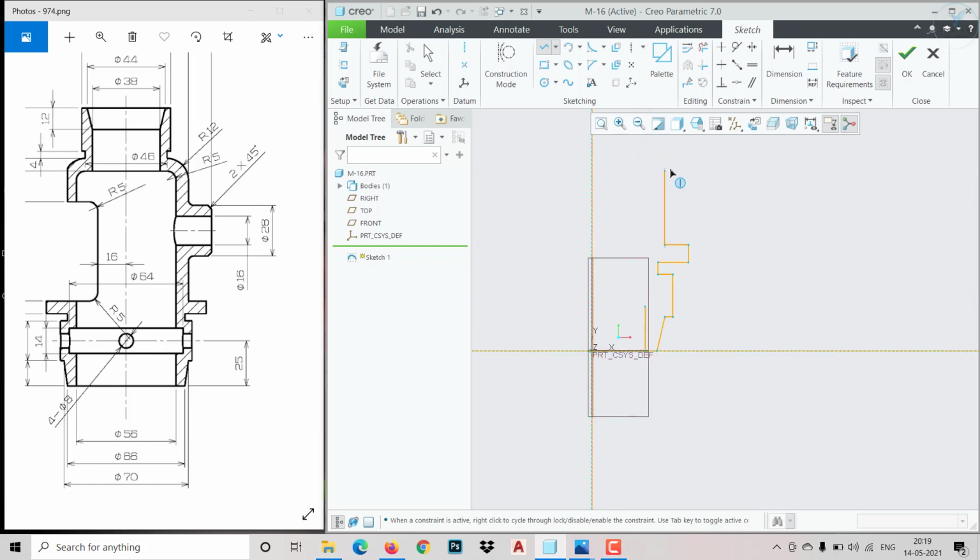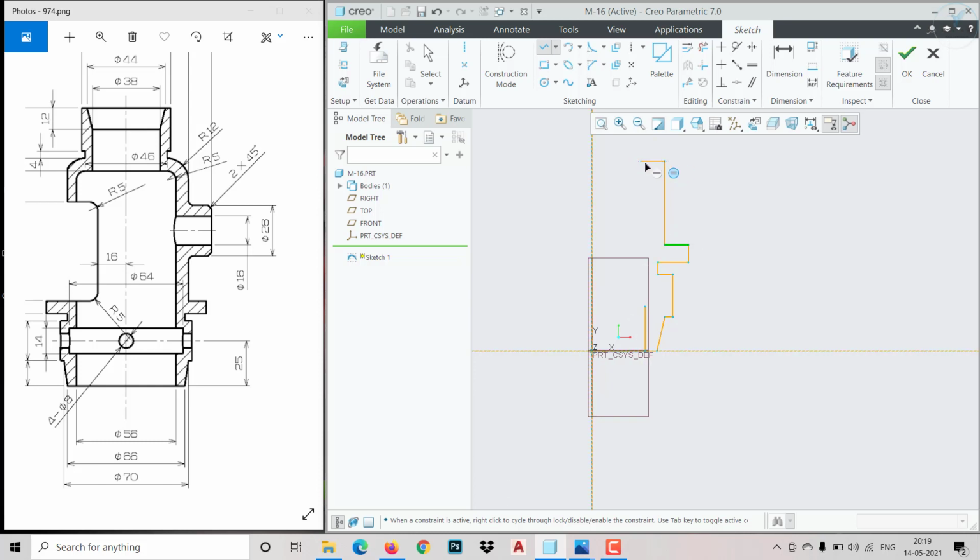Okay, fine. Make it straight only; this shape, whatever it is, we can create after creating this revolve, so we can't do it now. Fillet and all we can do separately.